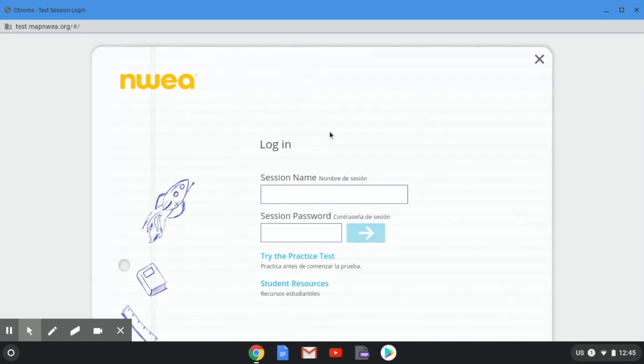And it's going to bring you to this screen where it's going to ask for a session name and a session password. Now you have to get this session name and password from your teacher. It's going to be different for every single teacher. So I'm going to put in the one that my teacher gave me, but yours is going to be different. And it could be their last name could be in it, or it could just be a random word and some numbers. So you need to get the session name and the password from your teacher. Then you're going to click this arrow,